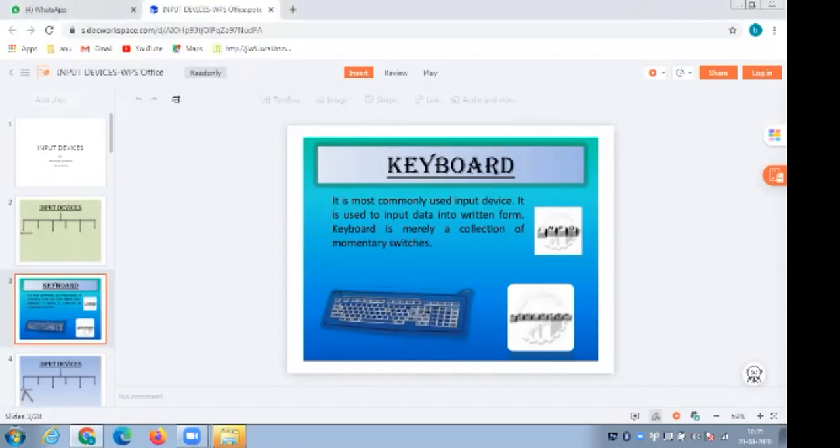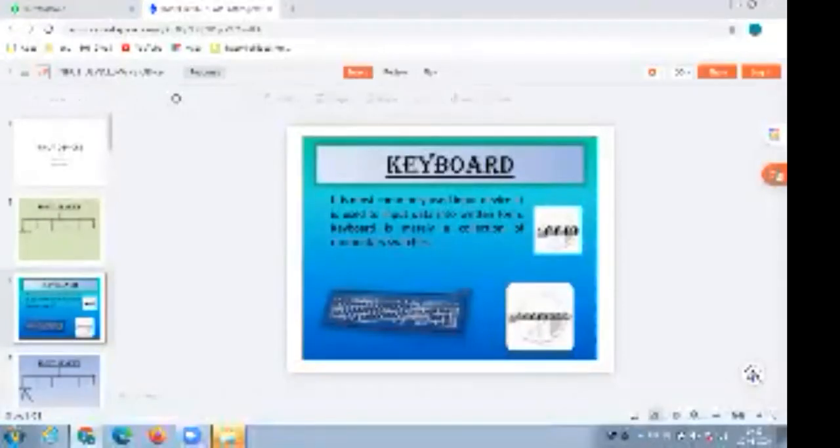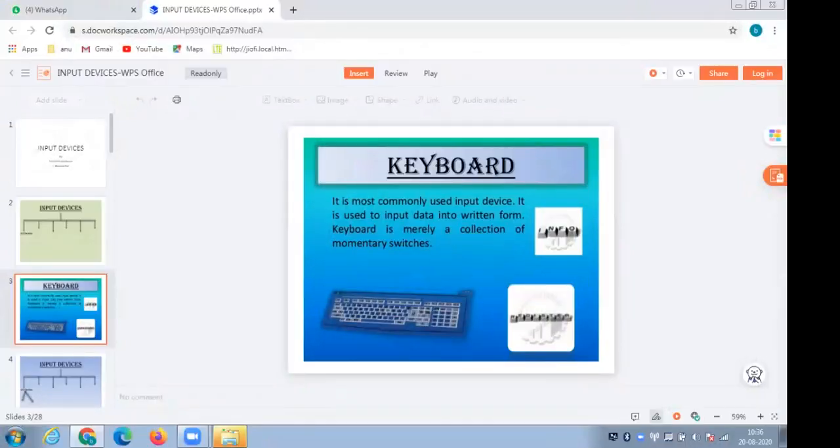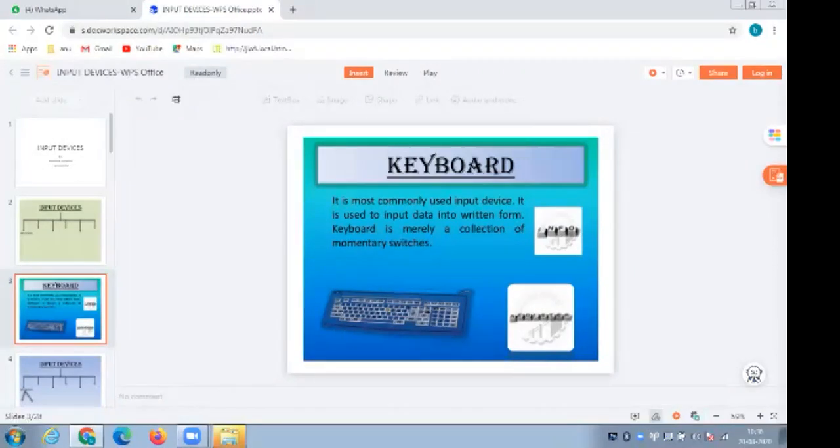A keyboard typically has 2 registers, one to set the status bit when a key is struck, and the other to identify the character code. So we use 2 registers for the keyboard. This is the keyboard I have shown you on the screen.